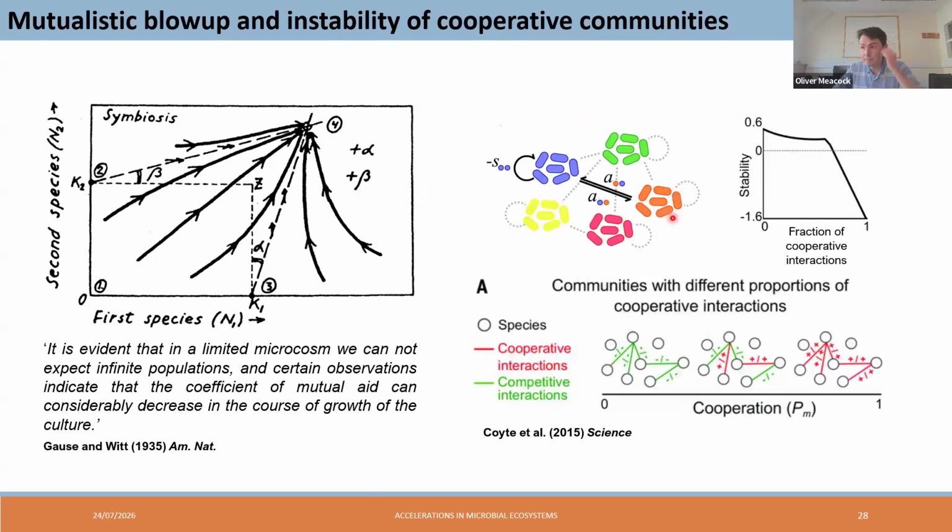You can also have similar effects in big network models. So here we've just got two species, but if we've got an arbitrary number of species, we have very similar effects, whereas we increase the fraction of these cooperative interactions within these networks, we find that at some point the stability of the system drops off and we start having things going extinct. This is a slightly more subtle effect than what we have with mutualistic blow-up because we don't necessarily need to have divergence here. It can be that our populations end up